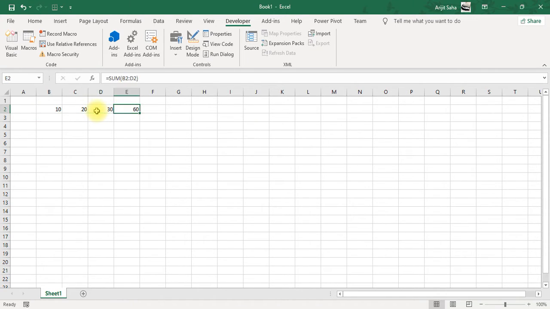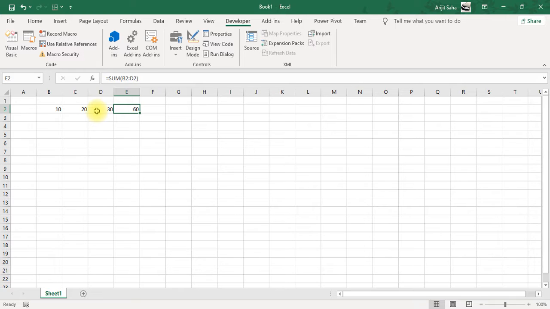So what is sum? Sum is a function. Now where is this function? This function is already there as an inbuilt function in Microsoft Excel. Now what if I need a particular function which is not available in Excel? Even though Excel has numerous functions, those who are power users like to have their own functions that can have multiple tasks done at the same time. So what if we want to do something like that?